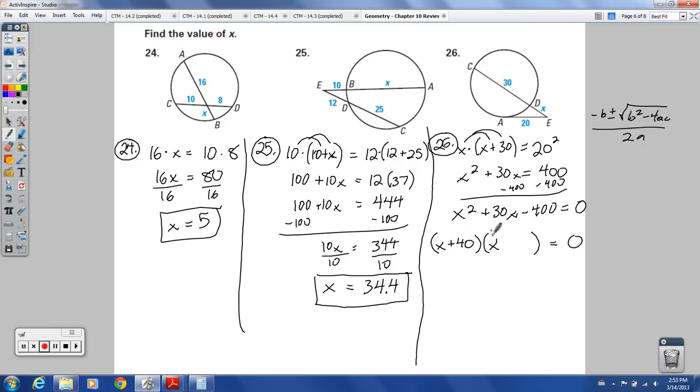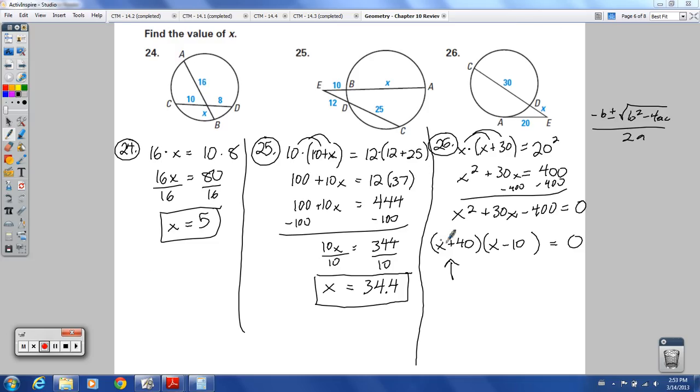I could split this apart into 40 and negative 10, because if I multiplied 40 times negative 10, I'd have negative 400. But if I added the inside and outside pieces, that would be 40x, and a minus 10x would combine together to give me 30x. So if I FOIL that back out, it gives me what I see there. And so this one would have a solution, because